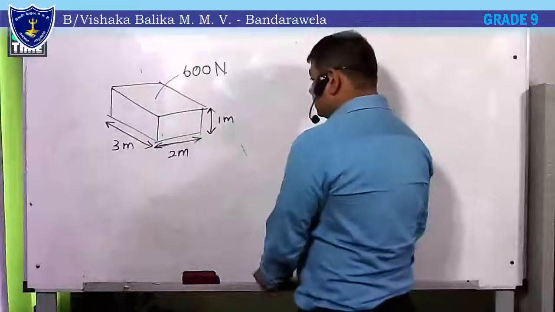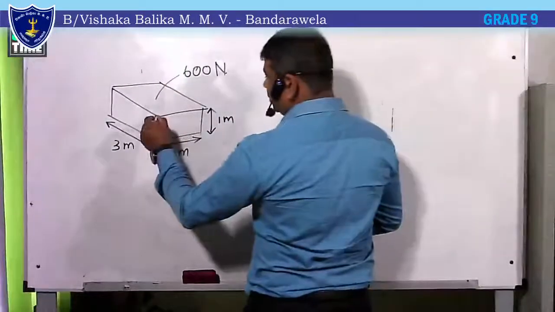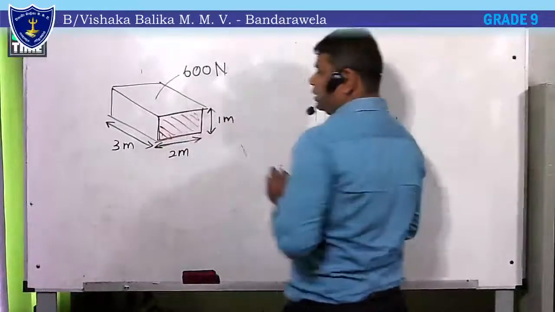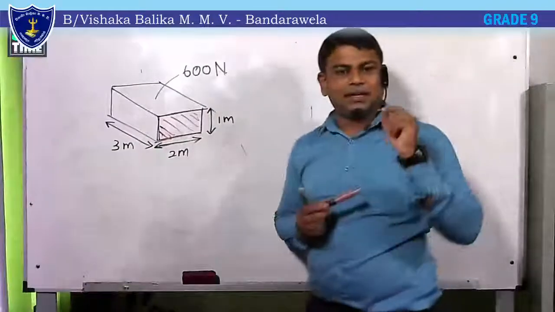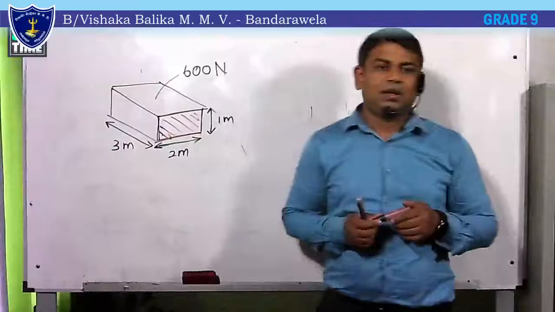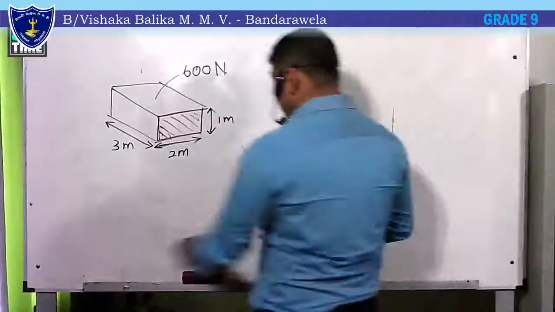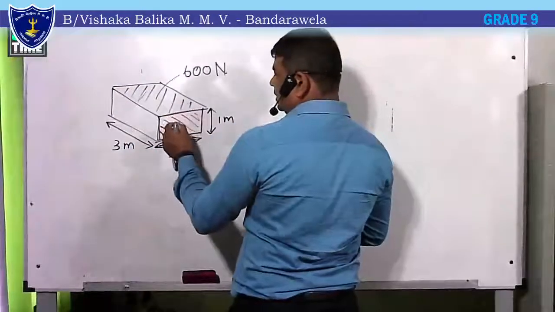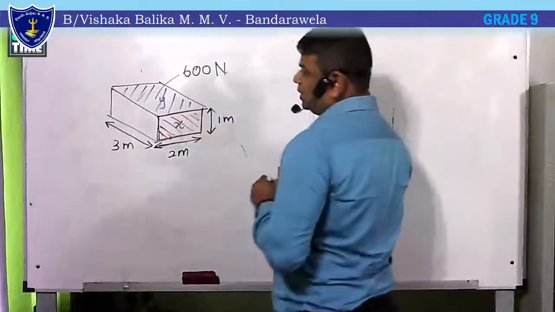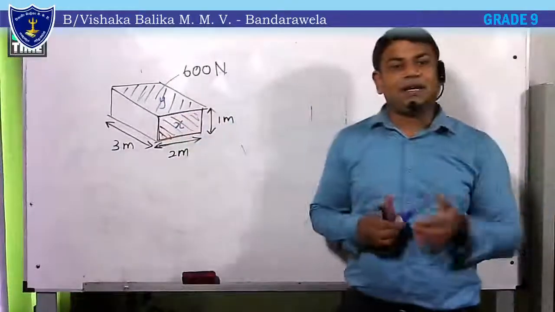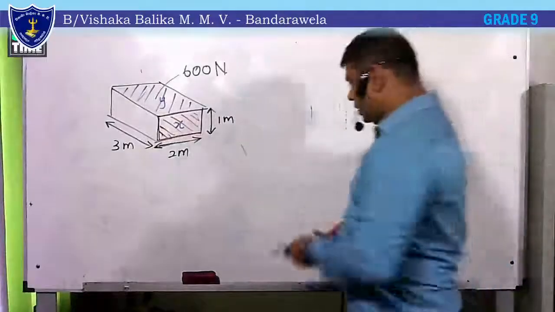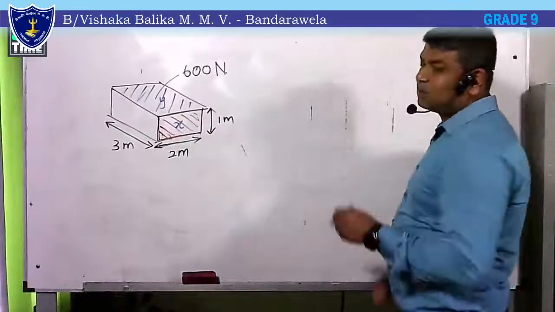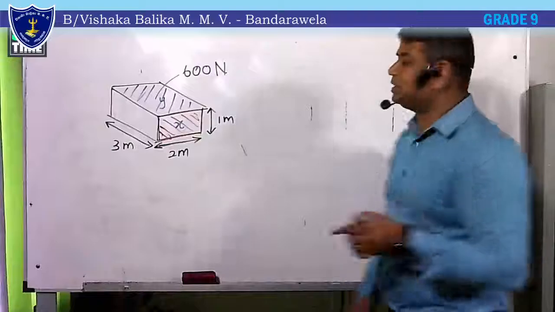If the maximum pressure is asked, you should know that the least area can exert the maximum pressure. That is the smallest area exerts the maximum pressure, and the largest area will exert the least pressure. So let's label them as side X and this is Y. X will exert the highest pressure, Y will exert the least pressure. Right, now let's do the calculation. There should be two calculations, to calculate the maximum pressure and minimum pressure.